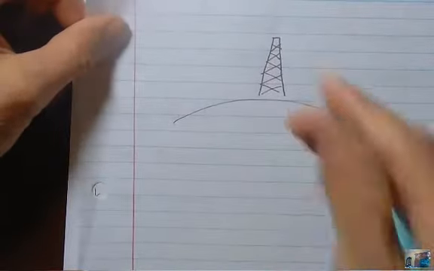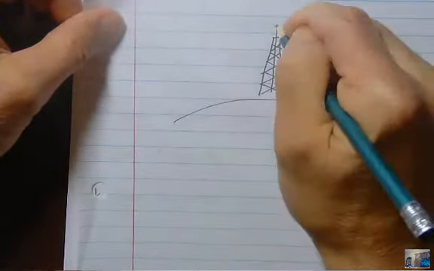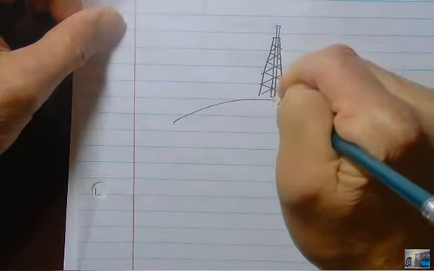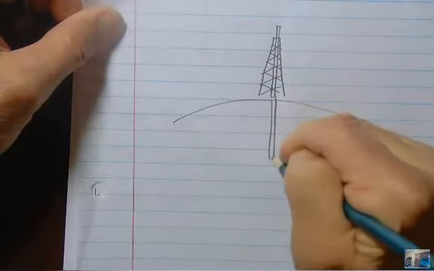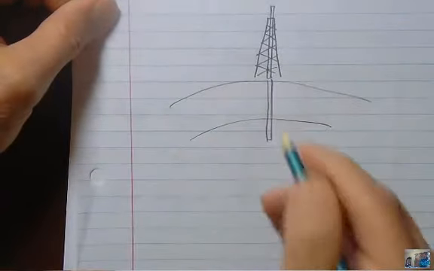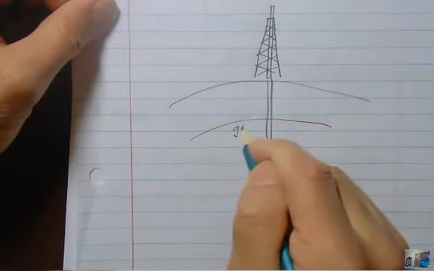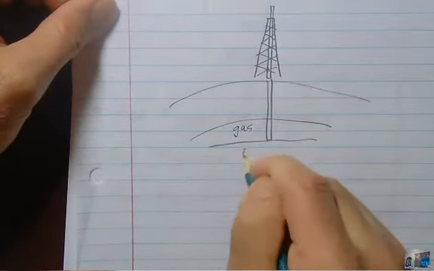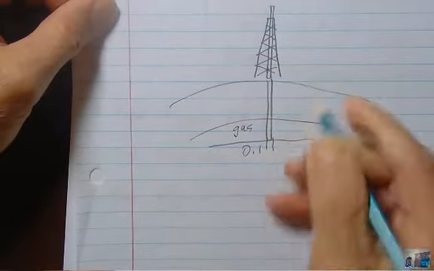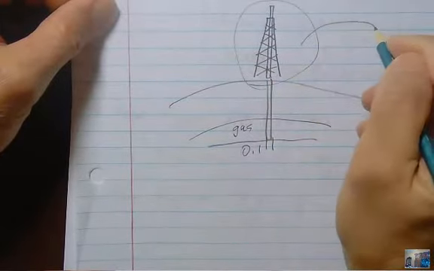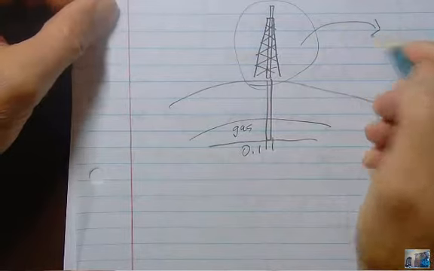Here's the surface of the ground, and you think of this big structure that's made out of steel. It's maybe 100 feet high, right? And you're drilling into the ground. After you make it to the oil, here's the gas, here's the oil. Then you take the oil derrick away and you bring it to another site to drill another